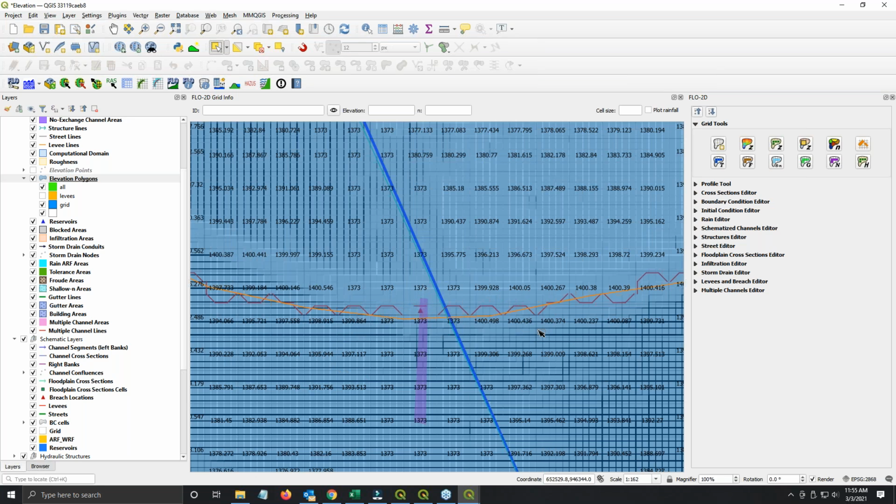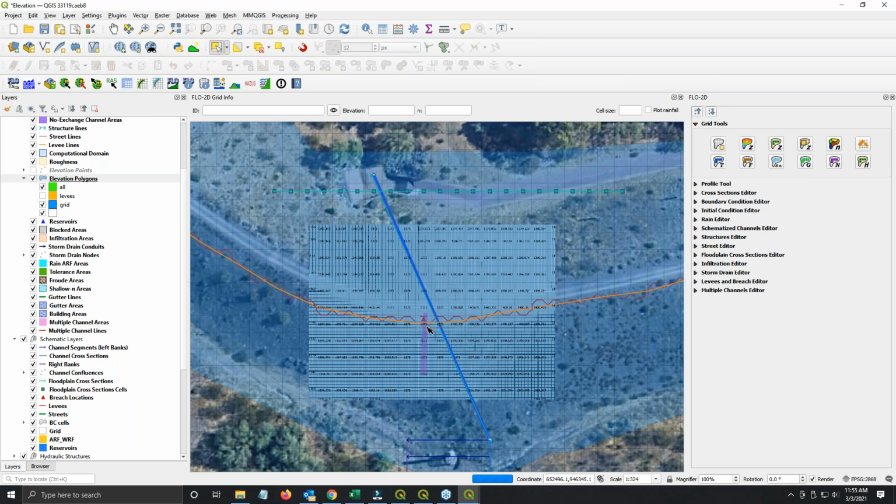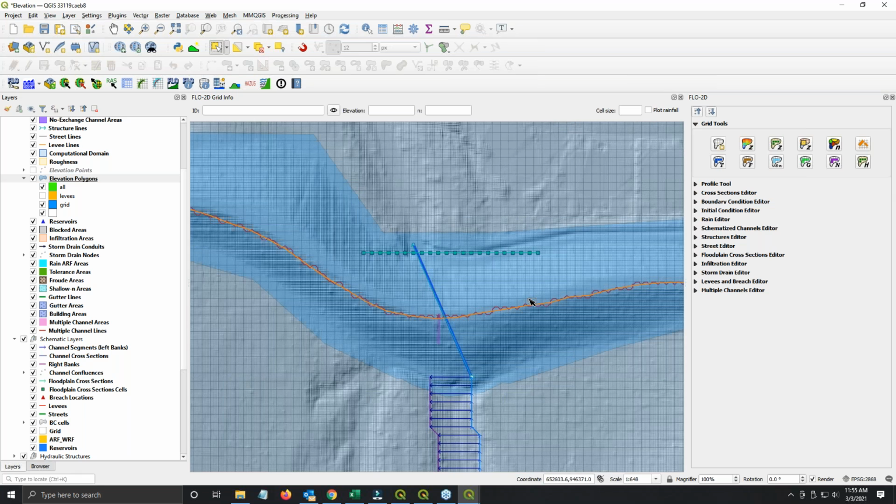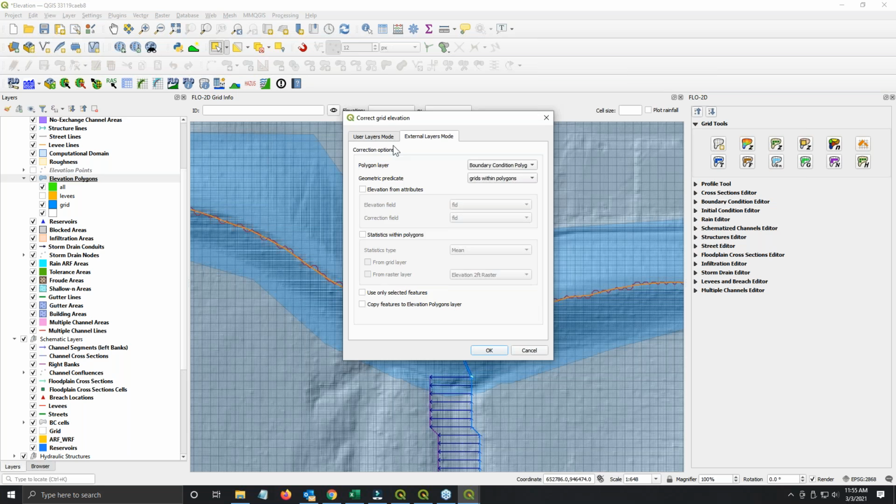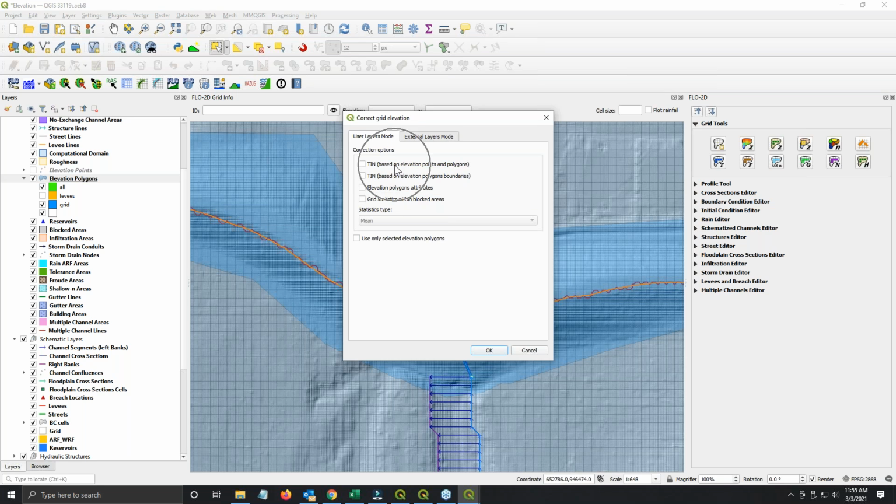estimate what you think the dam will fail and reset that to kind of the bottom elevation, and then the water will fail, or the dam will fail all the way to the bottom or to a base elevation that you set in the failure. And again, that's all a different webinar, levee failure, dam failure criteria. So that takes care of the elevation polygon attribute, which